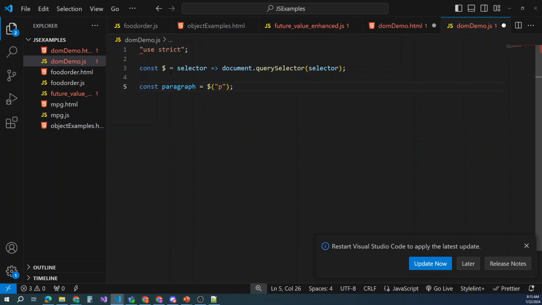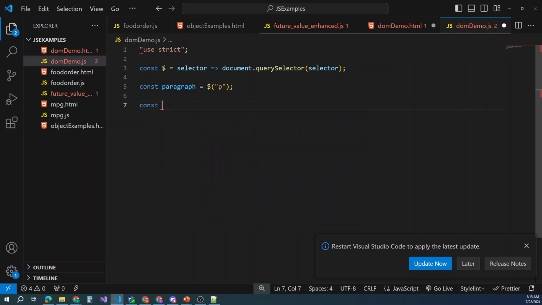And so what I'm doing on this line is using this $ sign. It's saying selector, go do this querySelector and get whatever selector I'm going for. Here I'm creating a constant variable called paragraph. I'm using this little method or function up here. With this $ sign, run this document querySelector, the selector I'm choosing is a paragraph. If it had a hash sign, it'd be pulling it by ID. If it had a period in there, it'd be pulling it by class. So I'm just saying go get a paragraph for now. And so like the slide was showing,